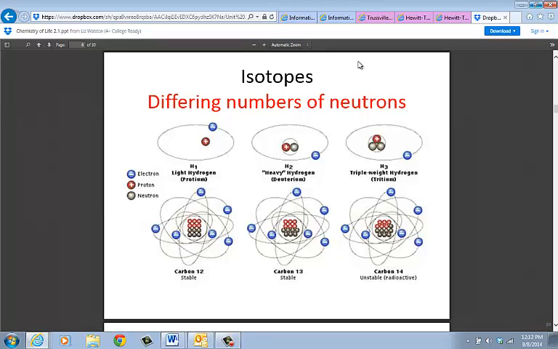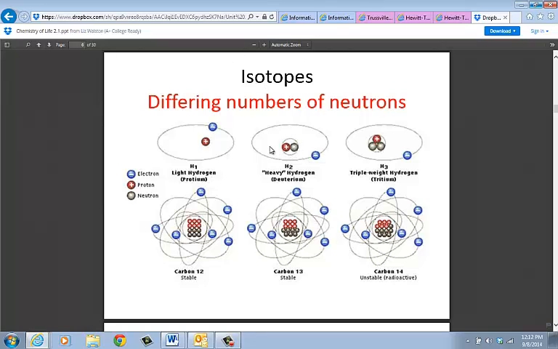All right, now isotopes, how we get isotopes is just what it says here. This is differing the number of neutrons. This is changing the number of neutrons. So protons and electrons equal one another in a neutral atom, but remember we said the protons and neutrons are in the nucleus. Well, they don't necessarily equal each other, and you can have a differing number of these neutrons. If you change the number of neutrons, you still have that same element, but you're going to have what's called